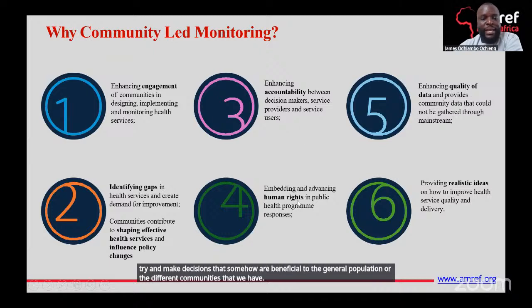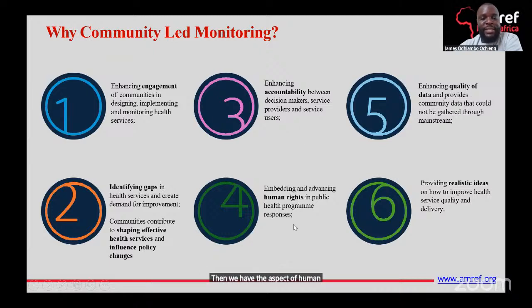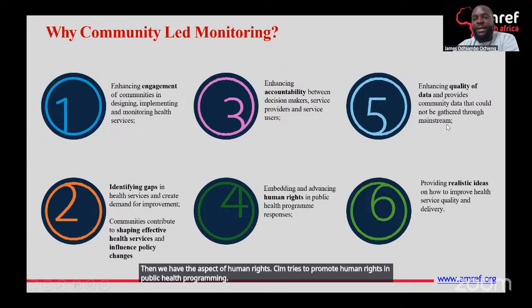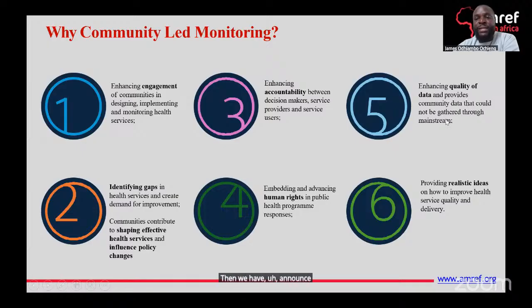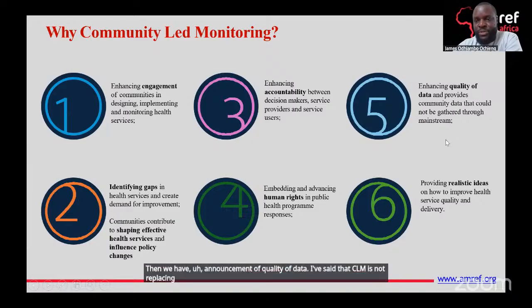Then we have the aspect of human rights. CLM tries to promote human rights in public health programming. Then we have enhancement of quality of data. I've said that CLM is not replacing the routine monitoring procedures of the MOH or the government, but instead it complements.